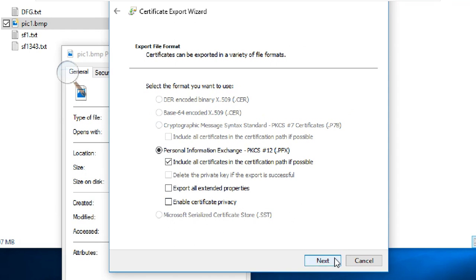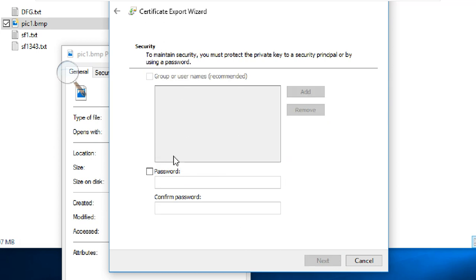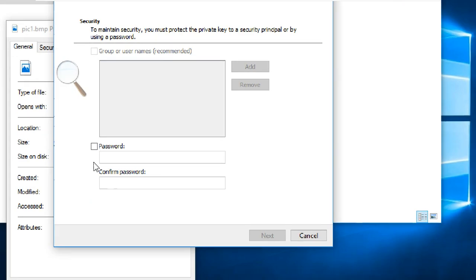It's a PFX file, a personal information exchange. Just click on next. You don't need to do anything. Next. Now it is asking for a password, so give the password. We don't have any other way of encrypting this one, so we just have a password.